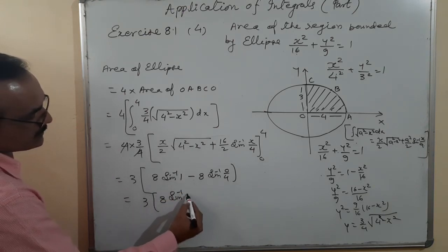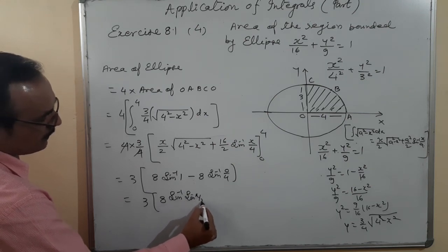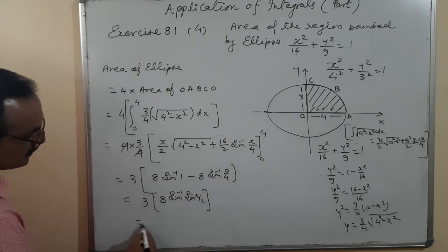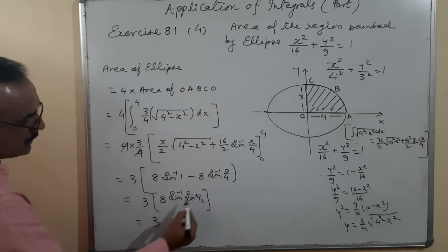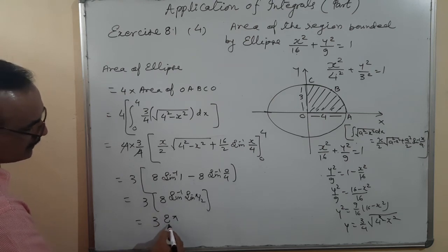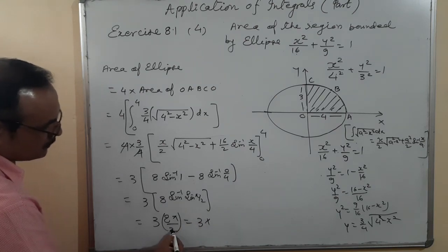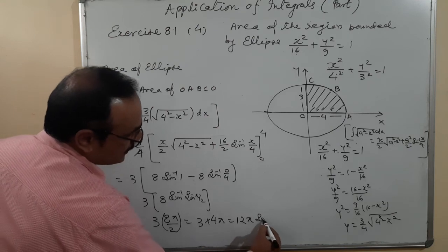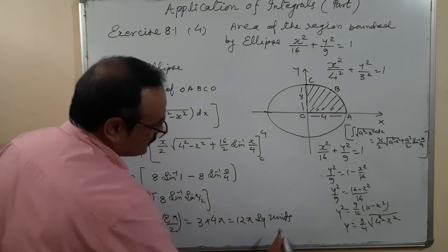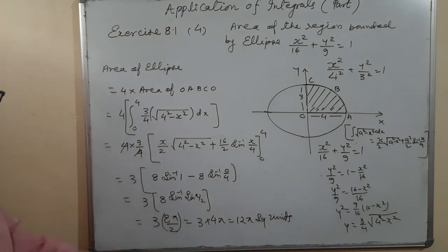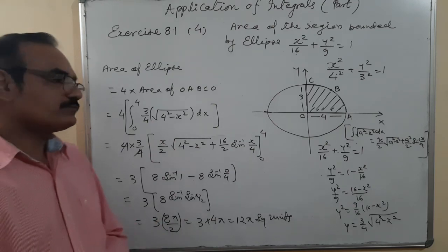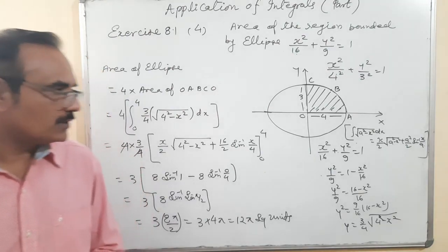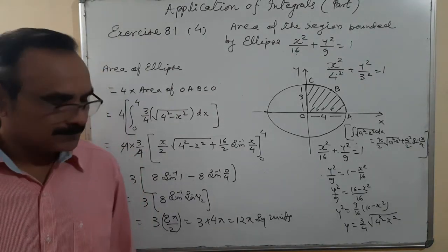What is the value of 1 in sine? Sine pi by 2 minus 0. 3 sine inverse sine cancel, pi by 2. So direct 8 pi by 2. Okay. So what does it mean? 3 into 2 4 is 8, 4 pi. So total 12 pi square units. Okay. 2 4 is 8, 4 3 12 pi square unit. So this is the area of it, 12 pi square unit.